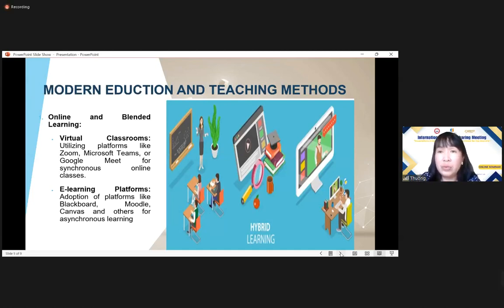And then after that, we also apply e-learning platforms like Blackboard, Moodle, or Canvas. In comparison with Zoom, Microsoft Teams, or Google Meet, Blackboard, Moodle, or Canvas are better, because we can do assessment, and it doesn't have limited time, so we can teach students as long as we want. And we also show videos. We also have a lot of kinds of assessment on the platform.